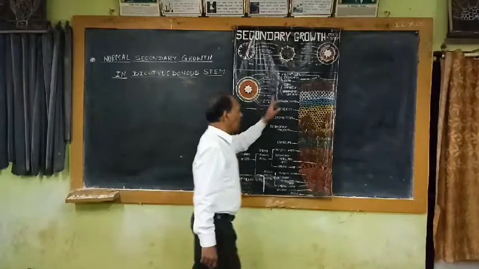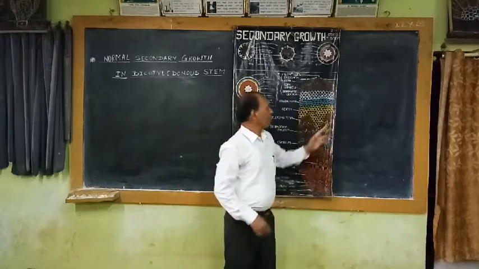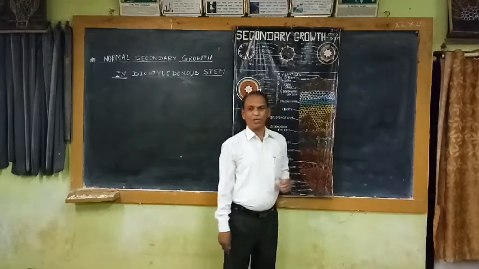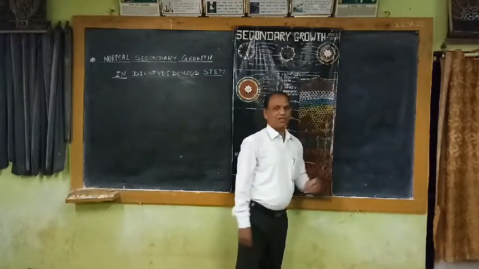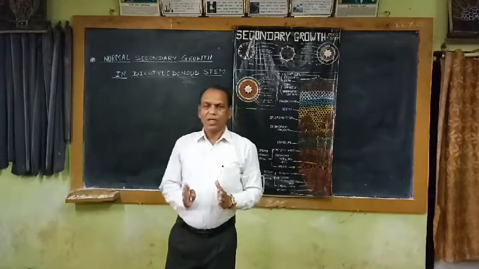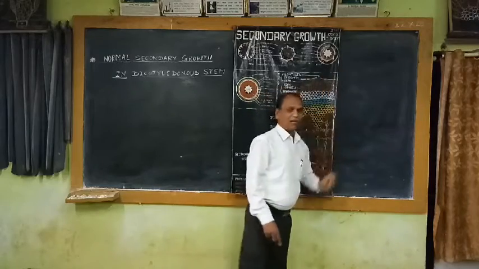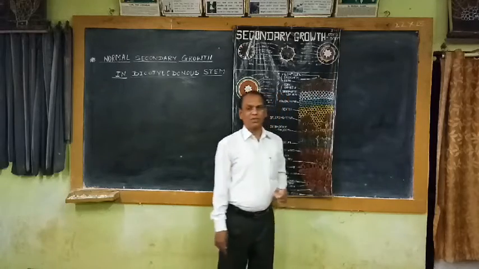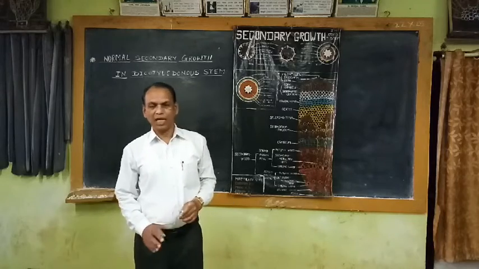This vascular cambium adds another layer of xylem. The previous layer is pushed towards the pith. Again, another layer of phloem is produced by this vascular cambium towards the peripheral side. So, due to constant addition of secondary xylem bands at the inner side and secondary phloem bands at the outer side, it creates pressure. The centrally added secondary tissues create pressure on peripheral layers like cortex as well as epidermis. The epidermis may rupture and the plant requires another protective layer.